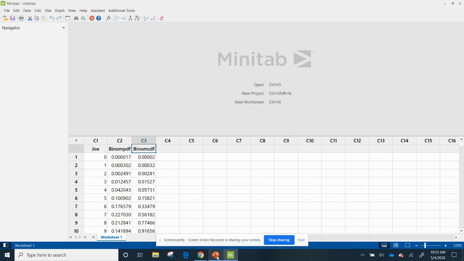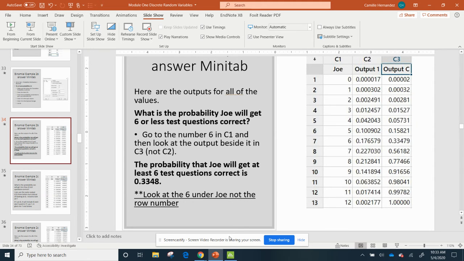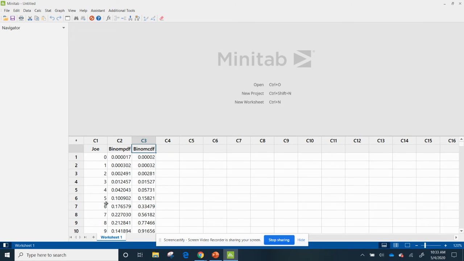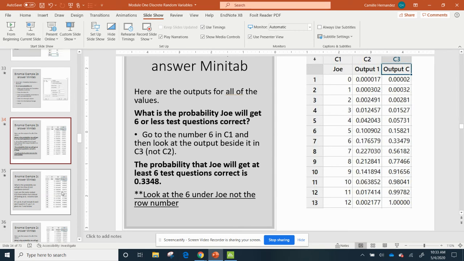All right, so remember the question was 6 or less. So I want to look here, 6 or less. So here's the 6, and here is this, 0.33479. So that means it's all of these values combined, okay? Or think of it this way. If I added all this up, it's the same as that. Okay, so my answer for that, and I'm going to show you again on here,